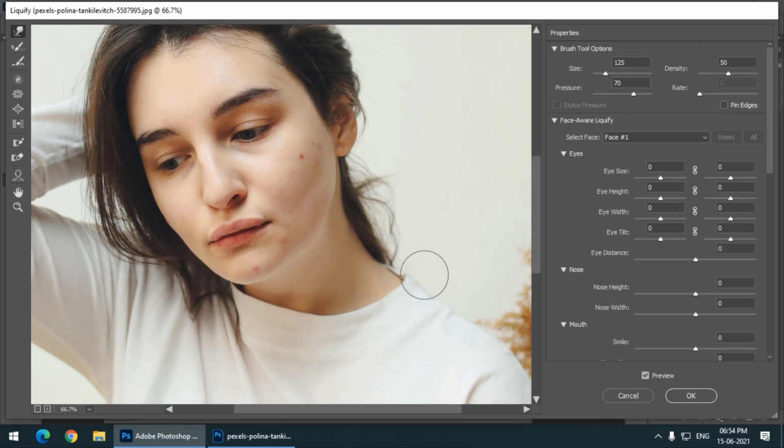One may ask, why are you changing the jawline? This is just an example, but in reality, in most modeling photography, the end result that you see, the photograph, is not original at all. In most photography, people do a lot of editing like this.